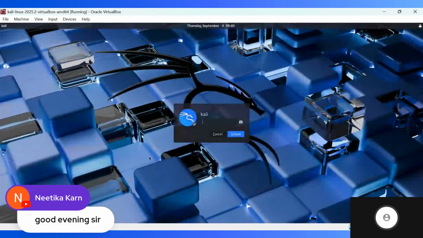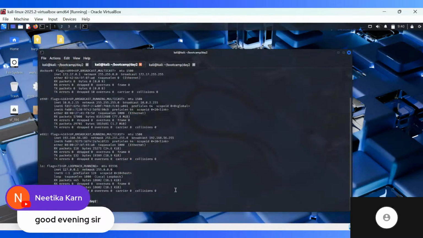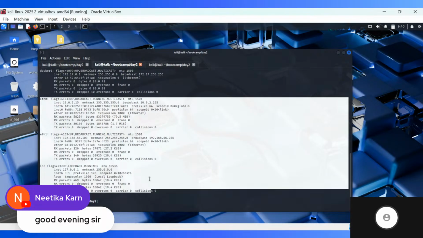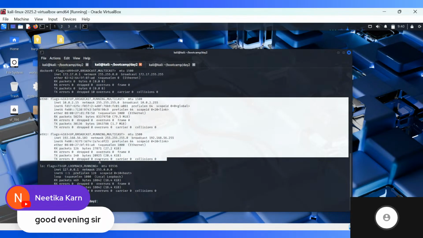Okay, so this is my Kali Linux screen. I'm gonna switch to it and I'm gonna ask you guys a question. You can follow along on your systems as well. My first question is I'm typing ifconfig and I get what all network adapters are attached. So these are the two main network adapters that we are using, which is eth0 and eth1.